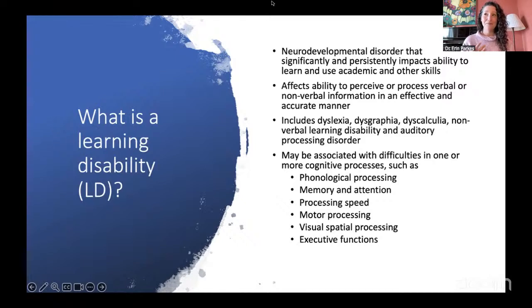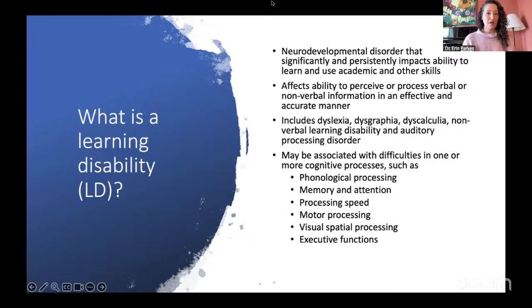So some of the less common ones often are less common because there's less awareness of them. Even something like dyslexia, which is very common, teachers, and I'm talking about school teachers, are not necessarily trained in how to flag dyslexia, and certainly not the other learning disabilities, because there's just less awareness of what they're all about. So just because we don't see them diagnosed as often does not mean they don't exist in much larger numbers. That's why I'm really stressing, with learning disabilities in particular, be prepared to just look at how your students are presenting.